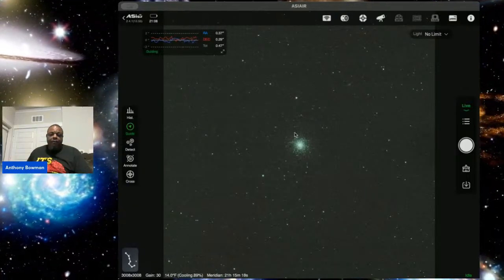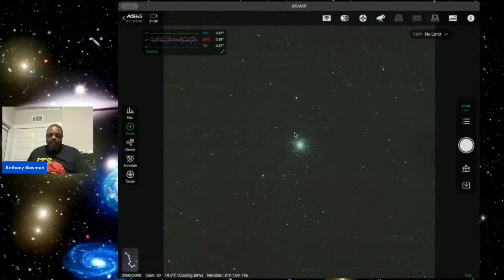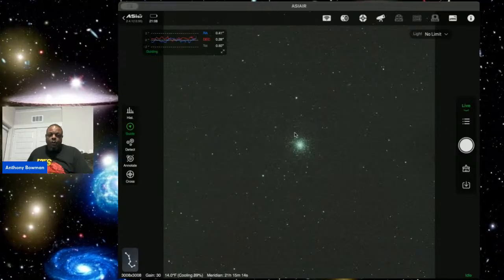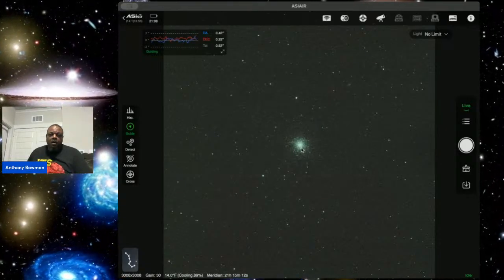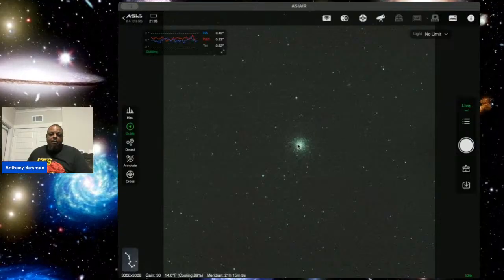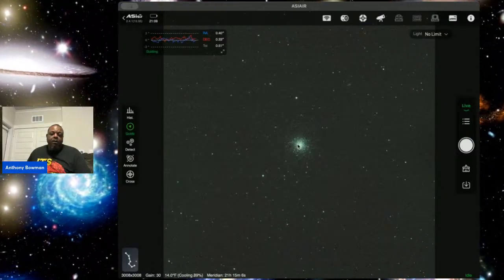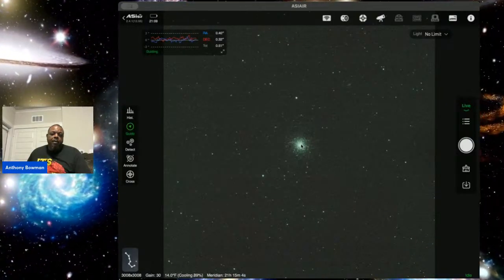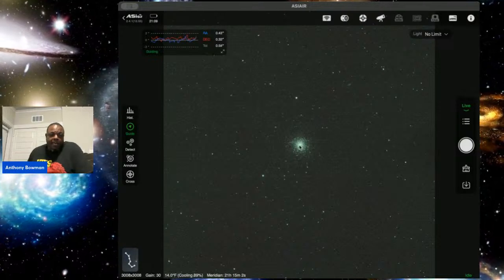There's a lot of information that is gained through studying the stars in the globular cluster. All types of stars that are very, very old. Some people think that globular clusters are remnants from old galaxies.